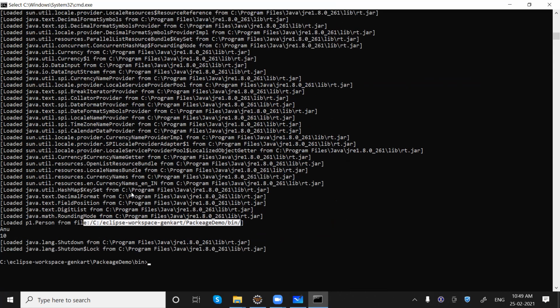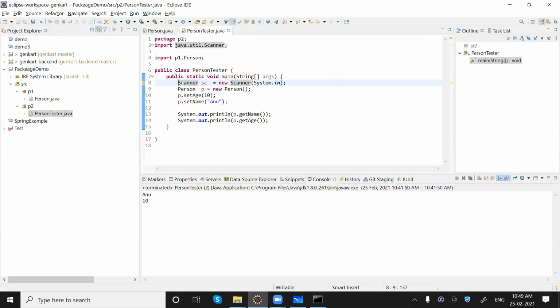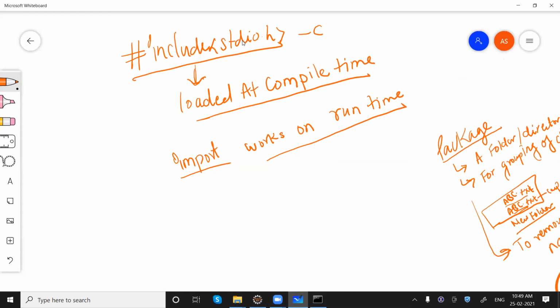Yeah, clear, Anuj. Okay, so this is called dynamic loading. If we just say import this, it will not load that particular class because we are not using it. But if we were doing the same thing in C or C++ and we say include stdio.h, you have seen in a 5-line or 6-line program, it says n number of lines compiled.